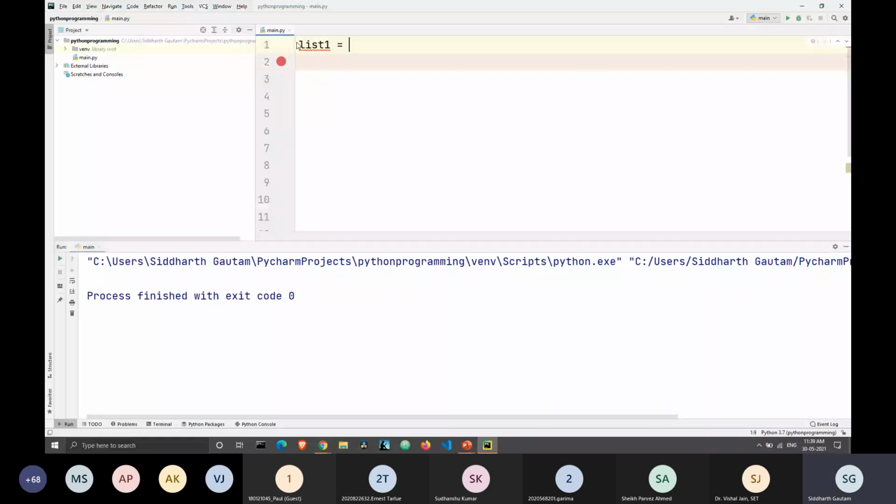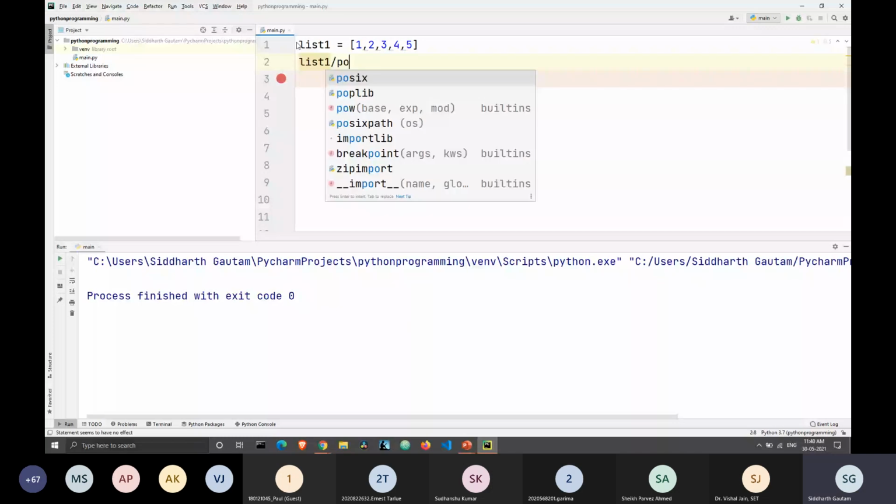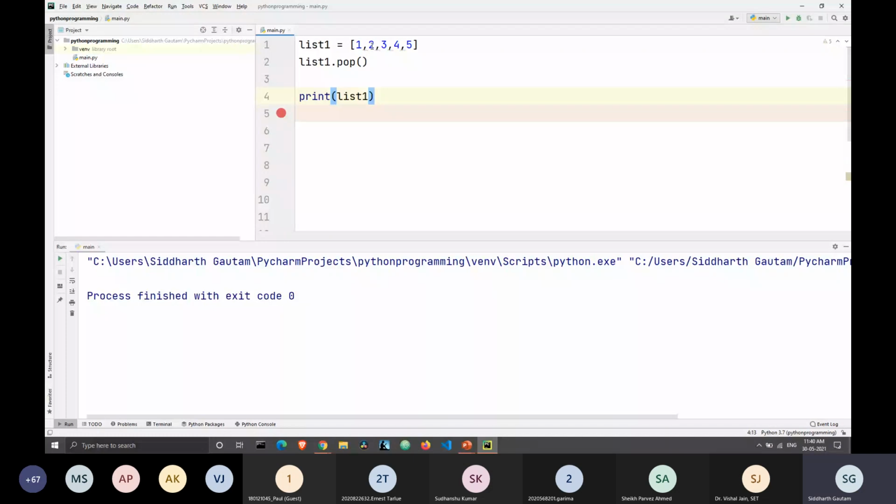Then we will execute the statement list1.pop, and when we print the list, we will only see 1, 2, 3, and 4. We will not see the fifth element. Yep, as I predicted, we only see 1, 2, 3, and 4. That's because the pop function has eliminated the last element of the list.